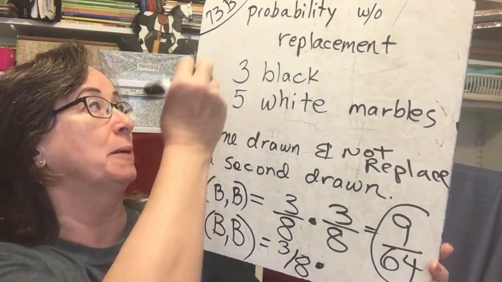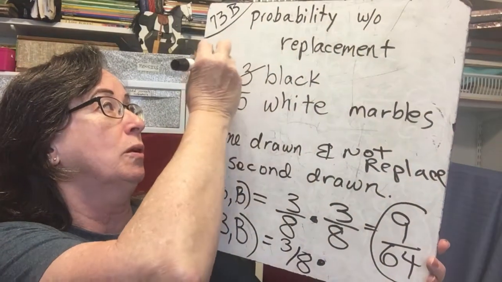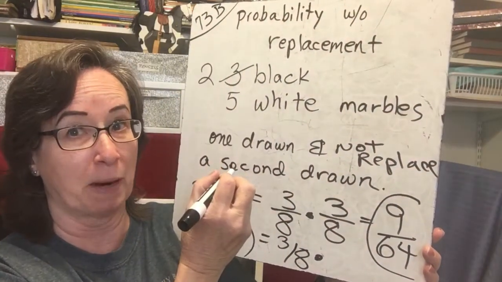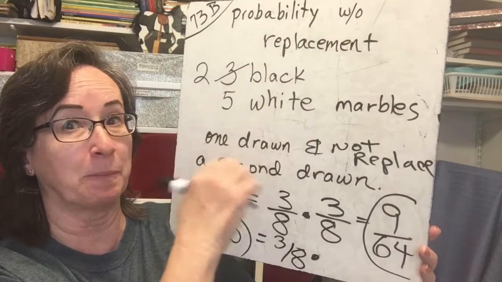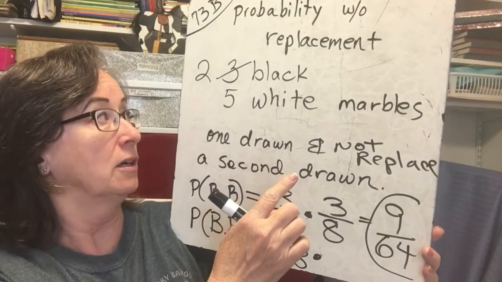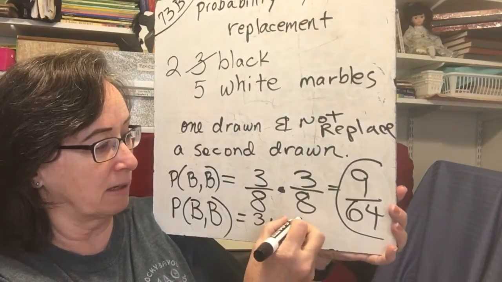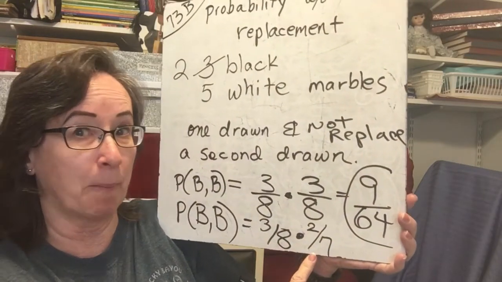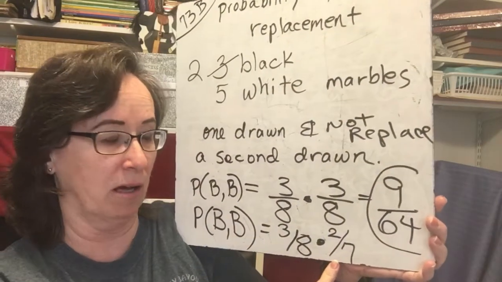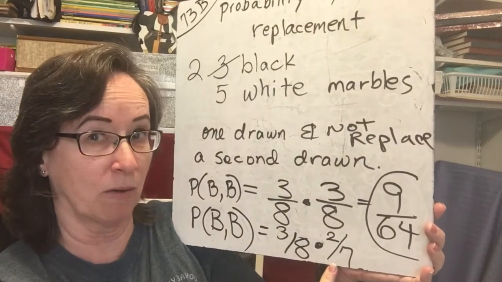Wouldn't there only be 2 black marbles after the first black marble was drawn? And would there still be 5 white, but there'd be 7 altogether? So 2/7 would be the probability of getting a black on the second draw after the first one was black